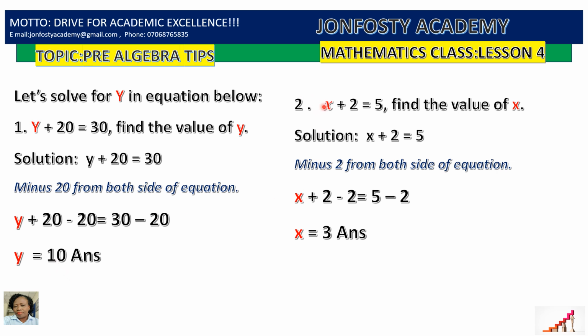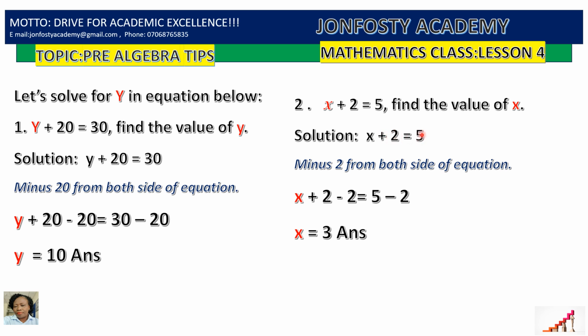We go to question number 2. X plus 2 equals 5. Find the value of x. For us to solve this question, still in the same pattern and the same method of finding our solution, we have x plus 2 equals 5 in this equation. So plus 2, for us to eliminate this 2 on the left-hand side, we introduce minus 2 to both sides